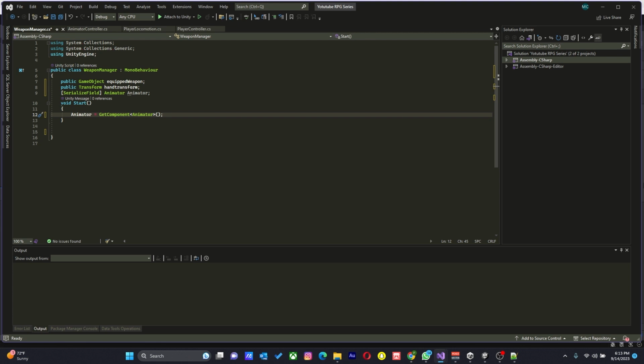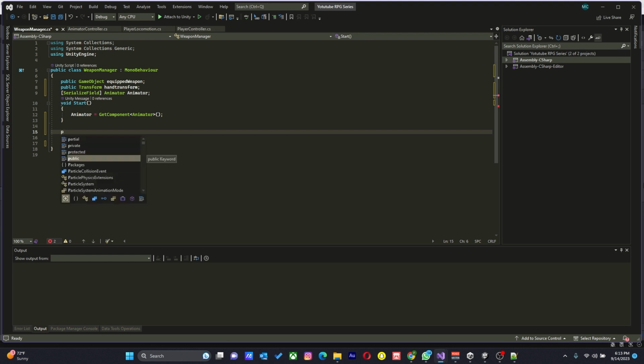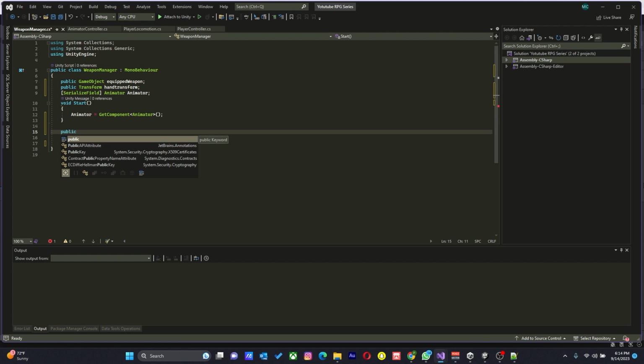We've done this a lot of times. You guys have understood it by now. Then we're going to create our first function. This is the function that we shall call to equip our weapon. We're not going to call it from this script, but from another script. So we'll make it public because we have to call it from another script. Public void, and this will be equip weapon,